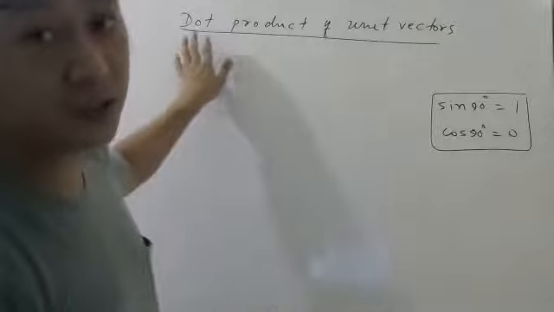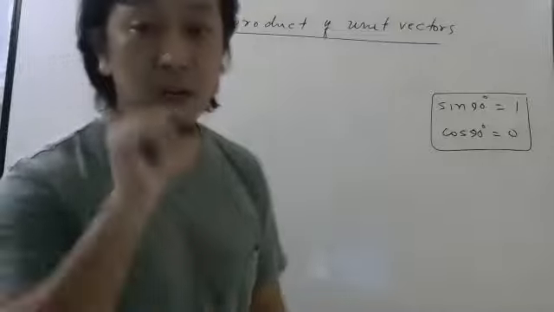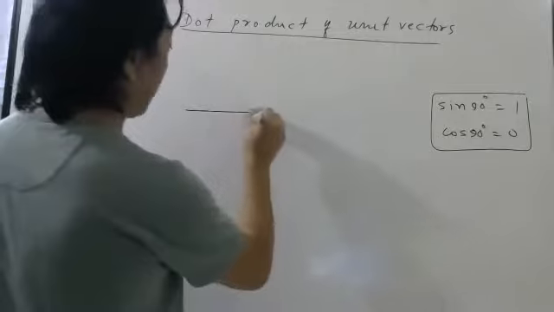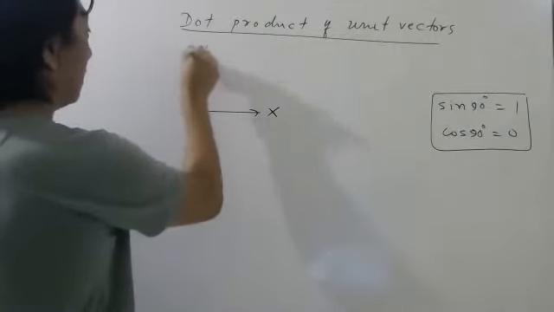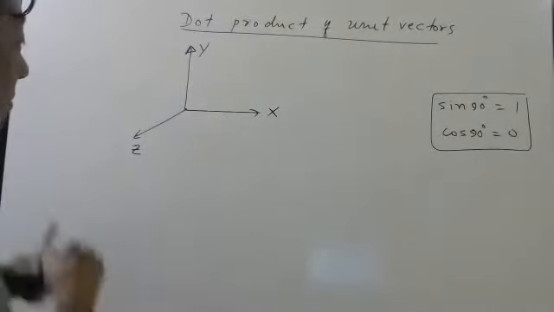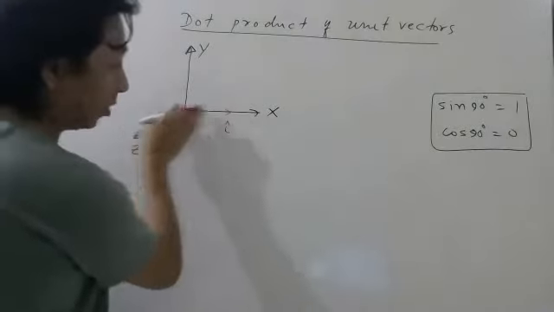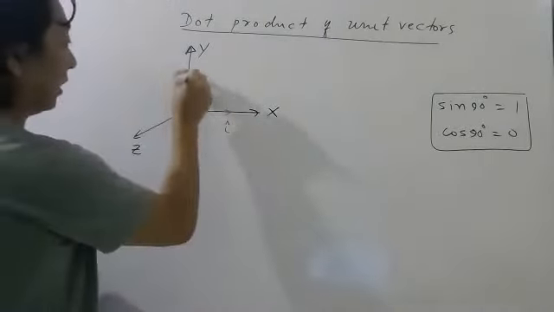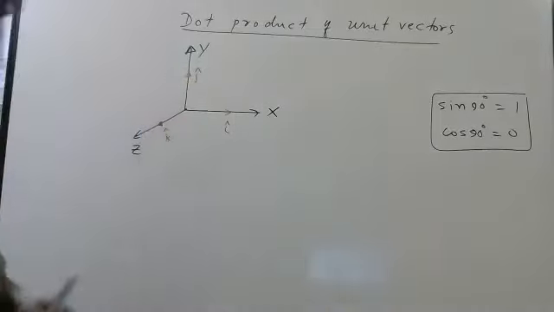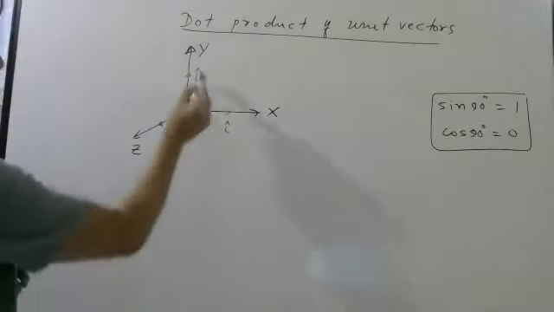So let us now discuss dot product of unit vectors. But not any unit vector, only i cap, j cap, and k cap. So if this is my x-axis, this is my y-axis, and this is my z-axis. What are i cap, j cap, k cap? Historically, I have told you, we take unit vector i cap in the positive x-axis, here we take j cap, and here we take k cap. Okay. So I'm interested to know what will be dot product of these unit vectors.